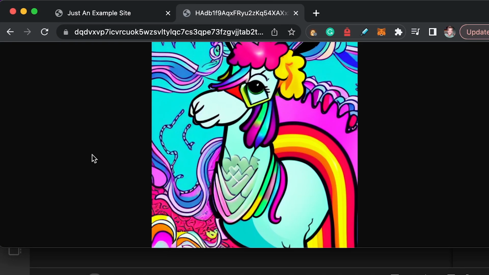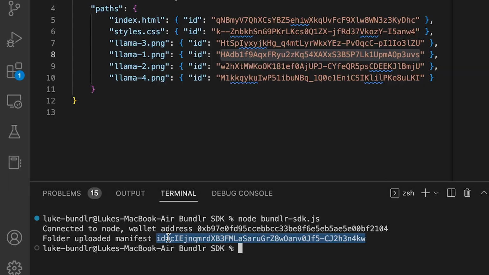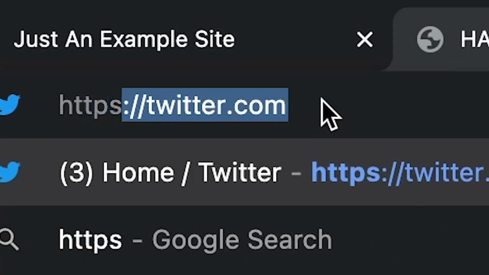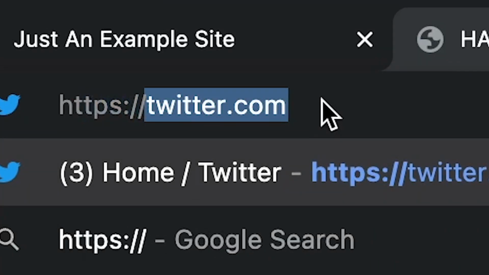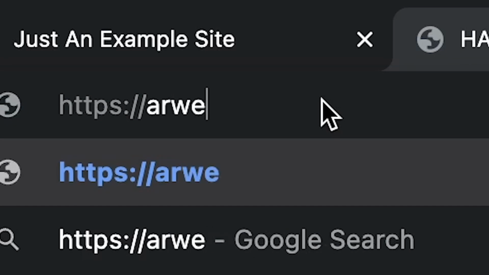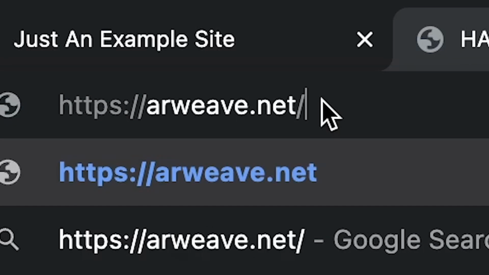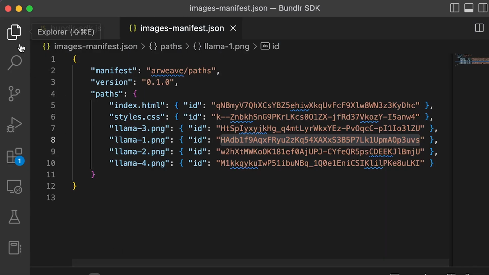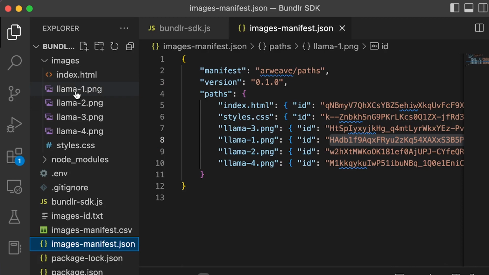One thing that's interesting though is you can also use the manifest ID combined with the original file name. So here's our manifest ID, right? Copy that, https://rweave.net/manifest ID, and again, just to be totally clear, pick one of these file names.